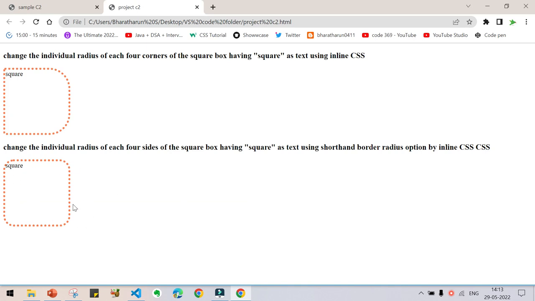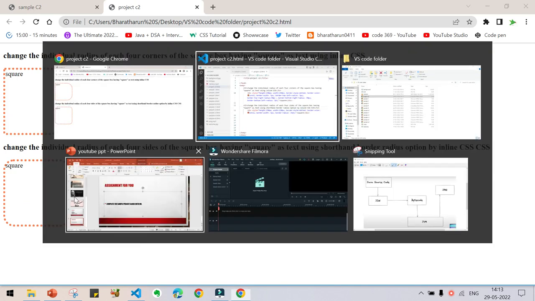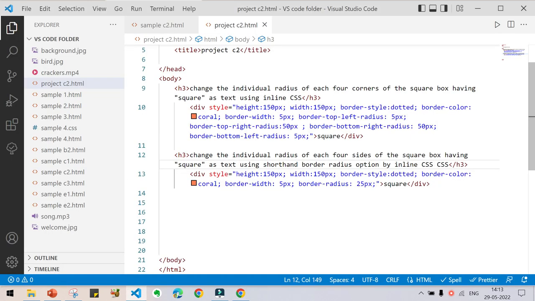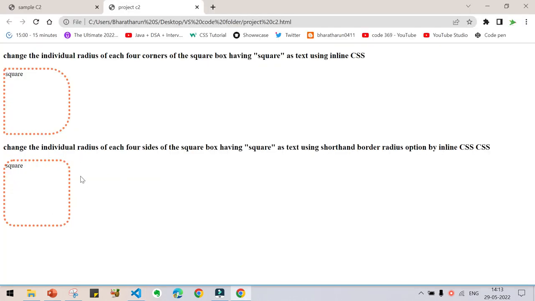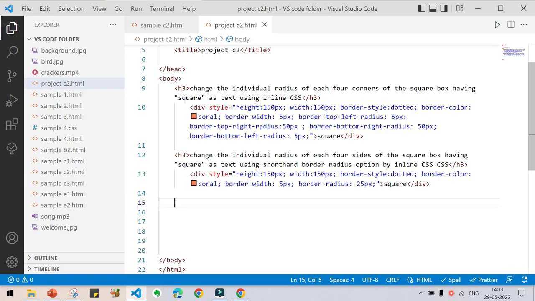Now what you can see here is I have just given the border radius as 25 pixel. What it means is all the corners will have 25 pixel radius. But if I have to give individual radius to the corners, just delete this, and